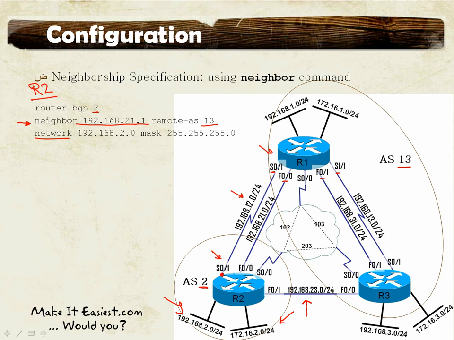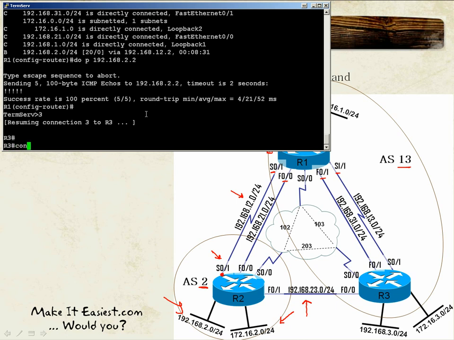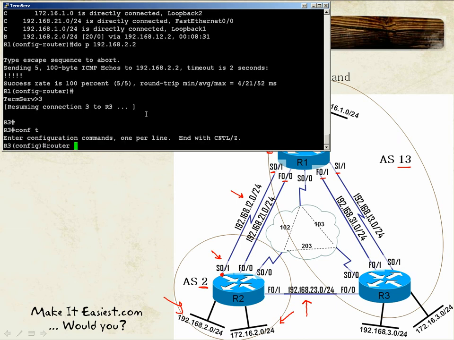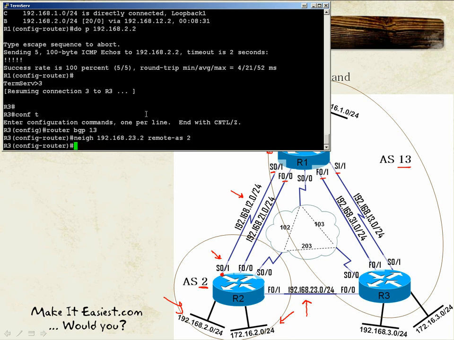Let's configure router 3 to have neighbor relationship with router 1 and router 2. Just a few other options. Let's go over to router 3, and from the global configuration we're gonna use the command router BGP autonomous system 13. We're gonna specify the neighbor command to have neighbor relationship with router 2, remote-AS 2, and we're gonna have internal BGP between router 1 and router 3,